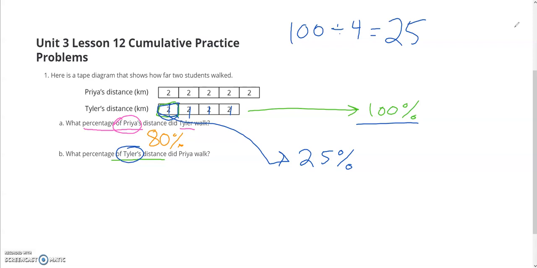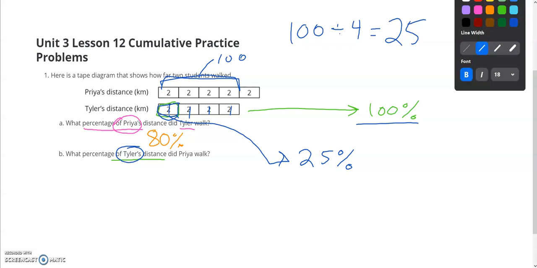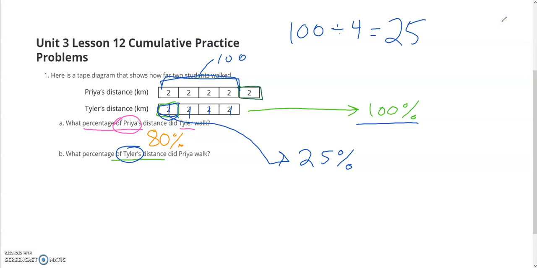Priya walked these 4 right here, which are the exact same amount as Tyler. So that is 100%. If Tyler walked 8, Priya's 8 kilometers is 100% of Tyler. And then we have one more little rectangle, and we know that the rectangle is 25%. Therefore, Priya walked 100% and 25% more. 125%